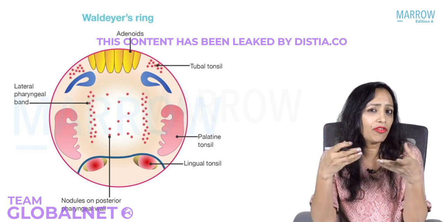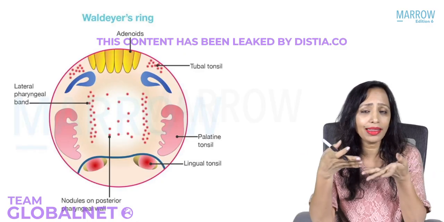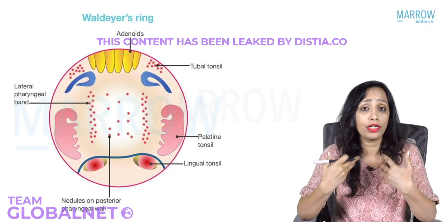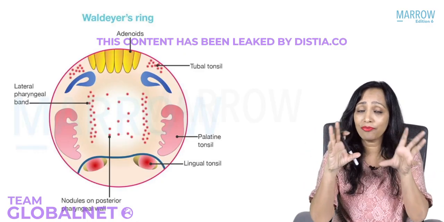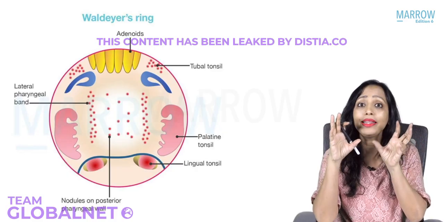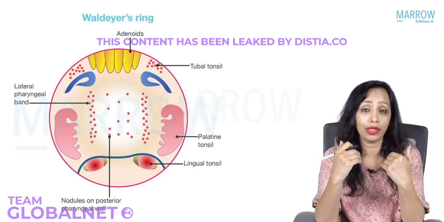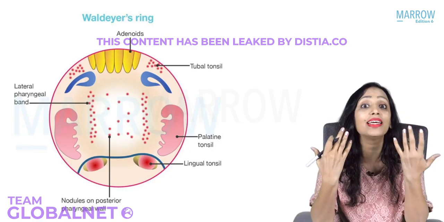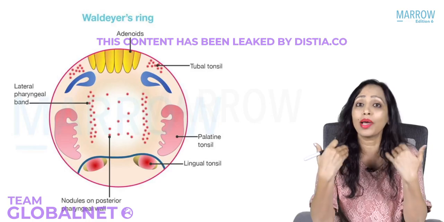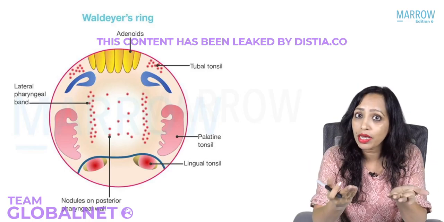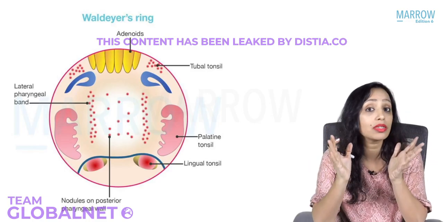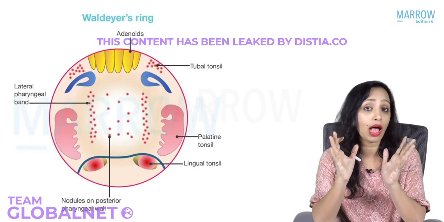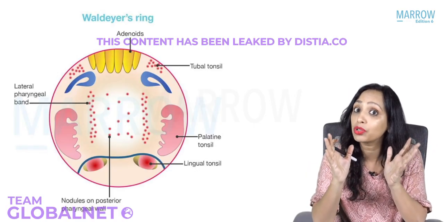We know that whenever we breathe, all the time we are breathing, the air is going from the nose and then going down. So, these lymphoid tissues are present at the entry site of the air so that they can detect any antigens and elicit an immune response. They can also elicit immunological memory. So, this is for immunity. This is very important. These lymphoid tissues are important for immunity in the child.